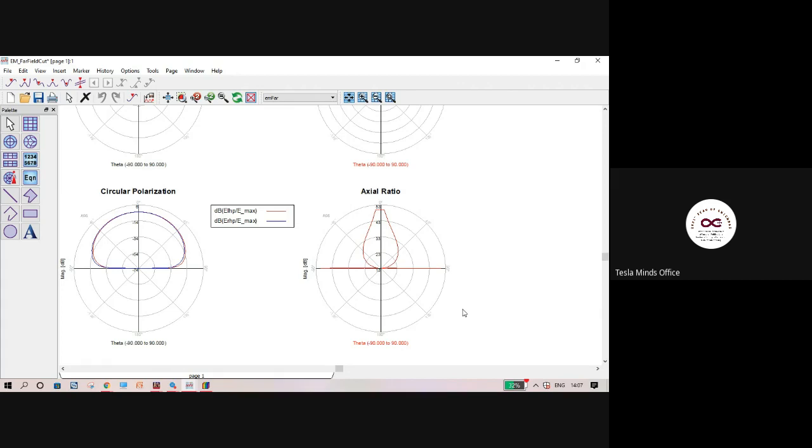Then you need to know the axial ratio of your antenna and the overall dimension of your antenna. So these are the 10 different parameters you have to analyze for a very simple antenna. If you want to add some characteristics, that depends upon your antenna design or product development complexity.